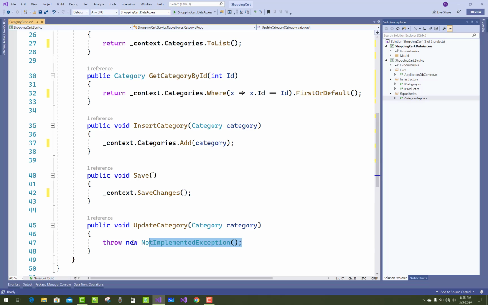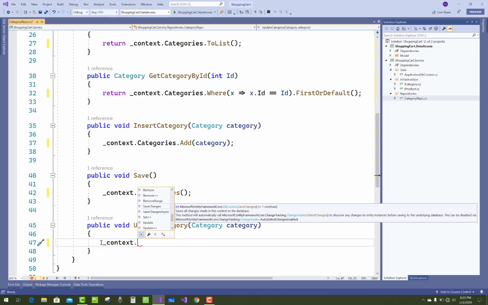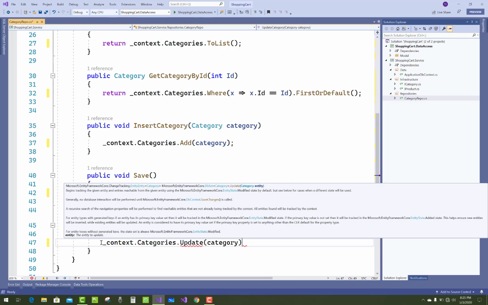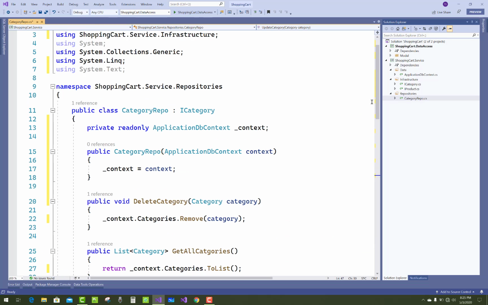And in the update category you have to use context dot categories dot update, that one method call, and that is the category. That's fine. That is the repository for all the categories.